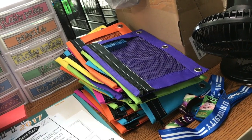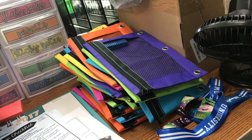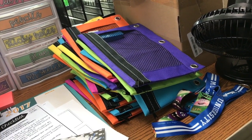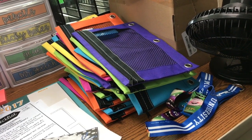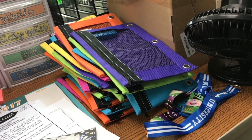And so what they're going to do is, at the end of the week, they're going to turn these in. And if they have their eraser, their highlighter, and however many pencils I decide to put in them, then they will get some sort of a prize. It might be 3 points on Class Dojo, or it might be a small piece of candy, or